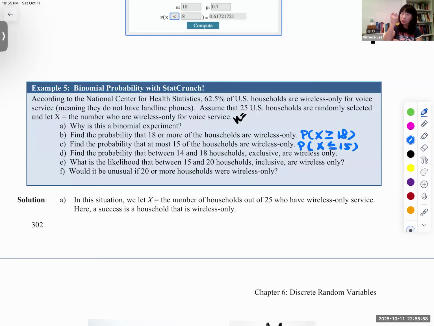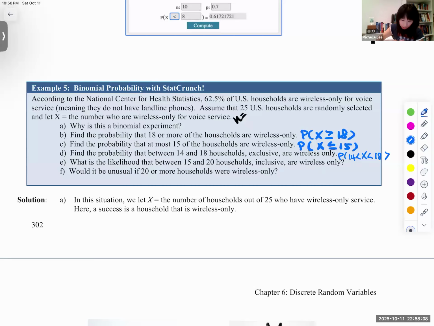Oh, then how do you do? That's good. We don't have exclusive with between. Then we can make it inclusive. How? Think about that at first. 14 and 18 exclusive, but it's between. Okay, so this means,